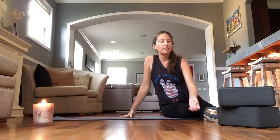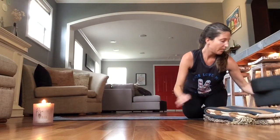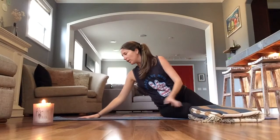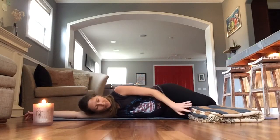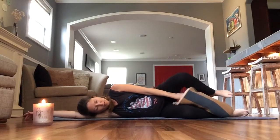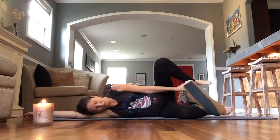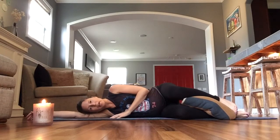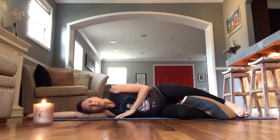So we're going to begin in a fetal position using the blanket or your beach towel. We're going to extend through the right arm, coming all the way down, and then simply take your blanket and place it between your knees and your ankles here. Knees will be at a 90-degree angle. Make any adjustments you need